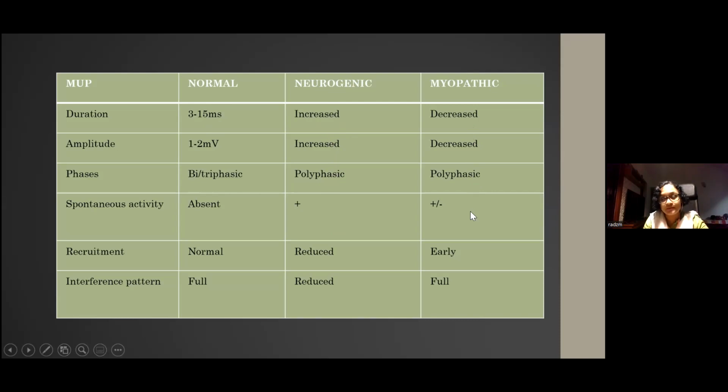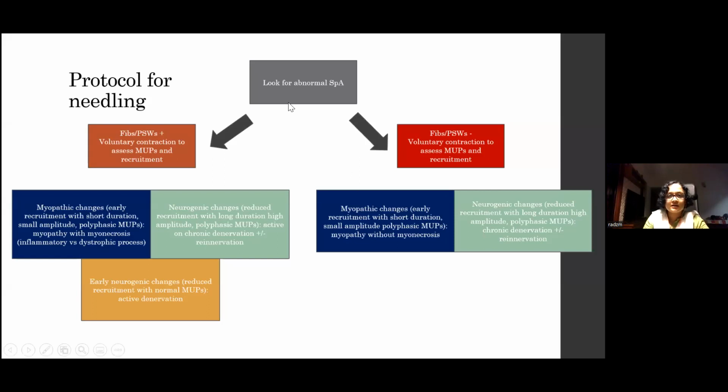Spontaneous activity may be present if it's a dystrophic myopathic process or if it is an inflammatory myopathic process. Early recruitment and a full interference pattern. So reduced interference pattern in neurogenic process, full interference pattern in myopathic process. So just a quick look, before we start going into assessment of different disorders and looking at those cases,